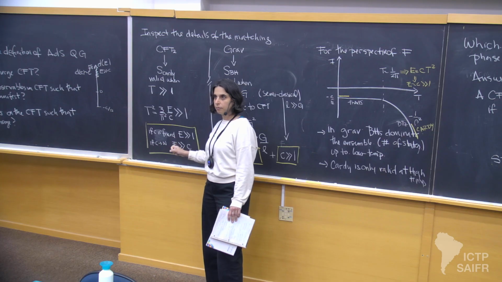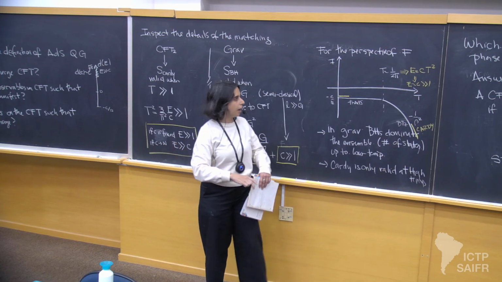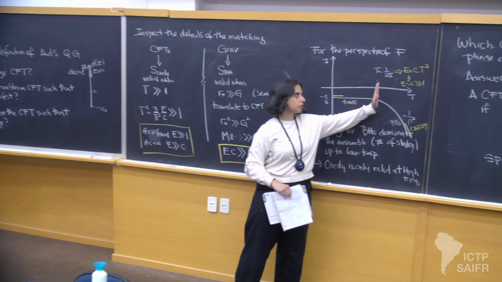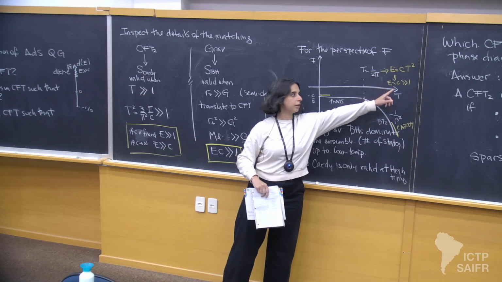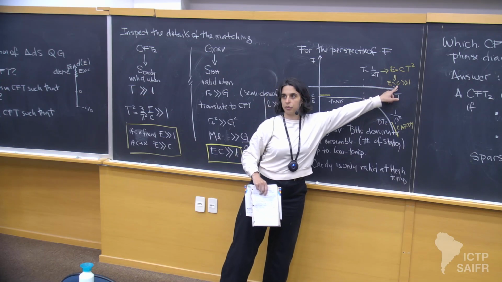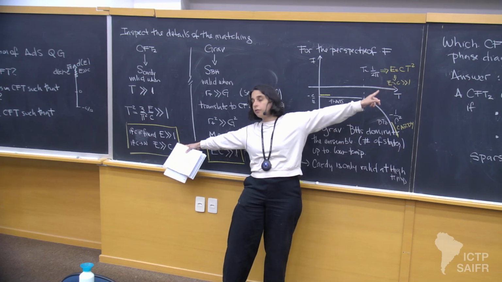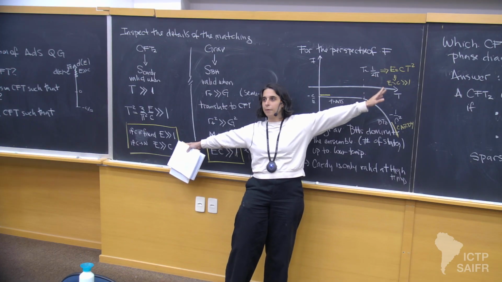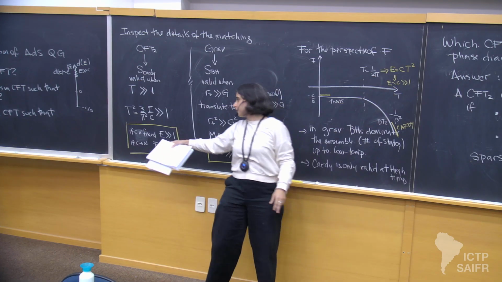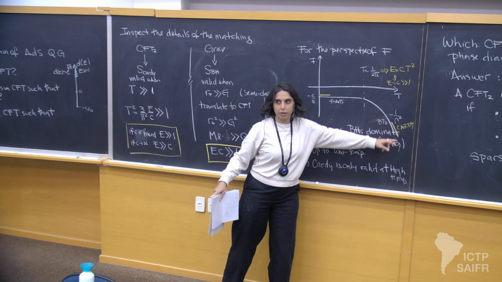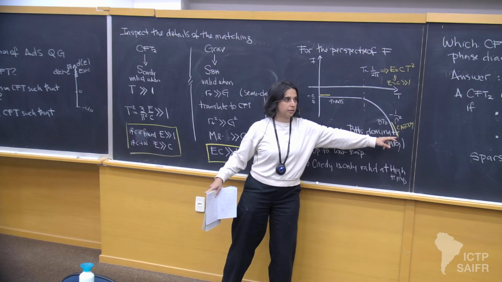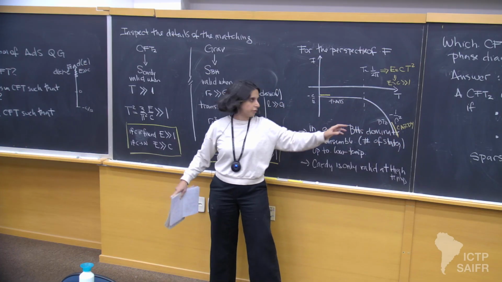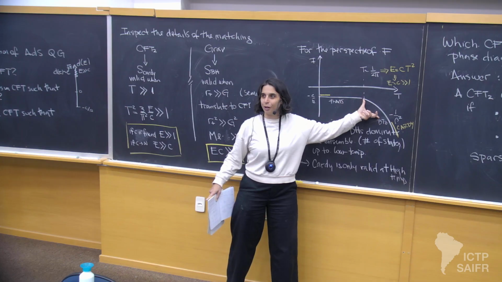I think I clarified my confusion. Thank you. But in gravity, black holes already start dominating the ensemble when the energy is of order C. And this is very different from that. Of course, this fits inside there, and that's what I'm illustrating here. So it's kind of like that tail there, but it's there. We still have to explain this whole other part.